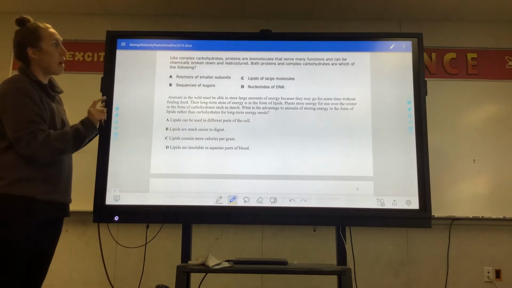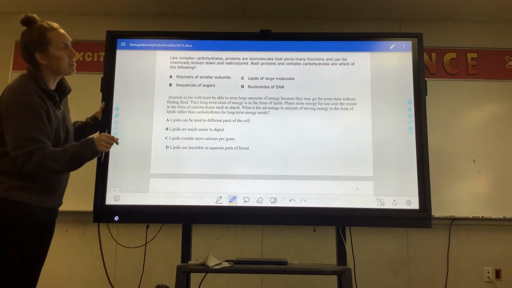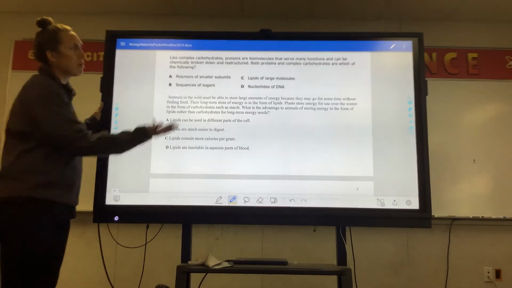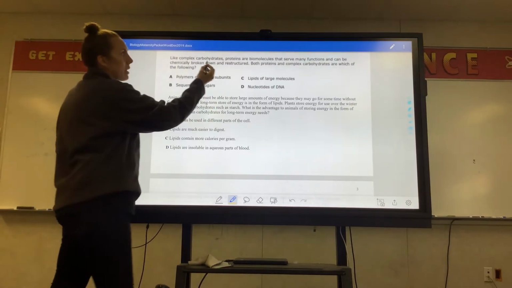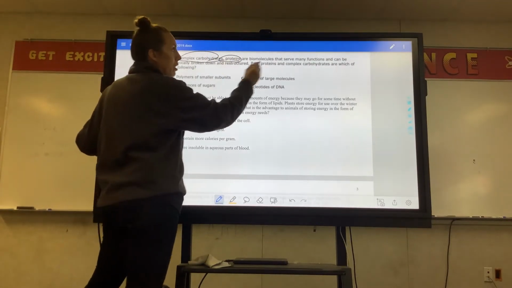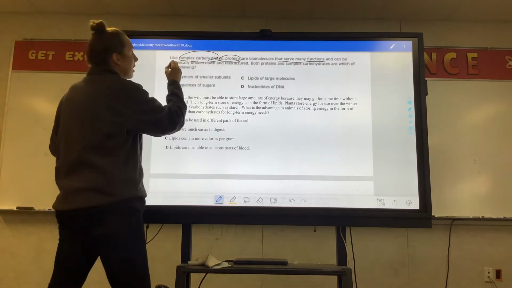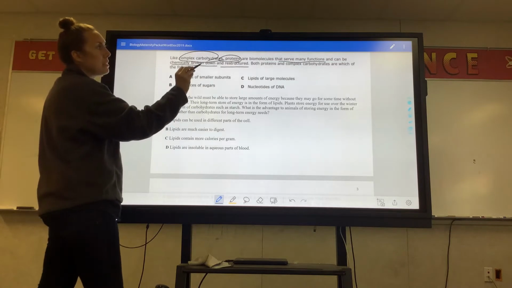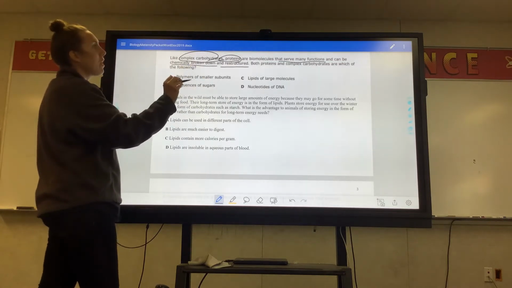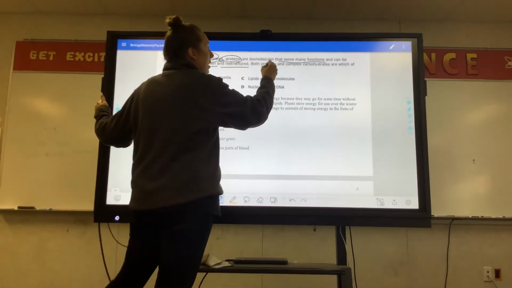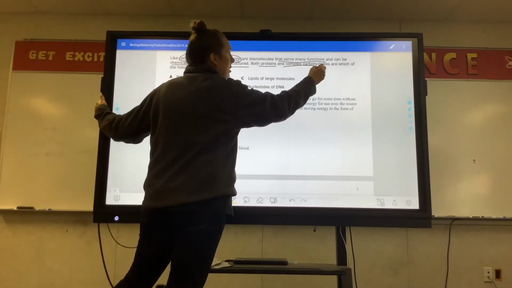Like complex carbohydrates, proteins are biomolecules that serve many functions and can be chemically broken down and restructured. So they just basically said both carbs and proteins serve many functions, can be broken down, can be restructured. Both proteins and complex carbohydrates are which of the following? So guys, when you're figuring out your answer choice, you need to say, is a protein and a complex carb,